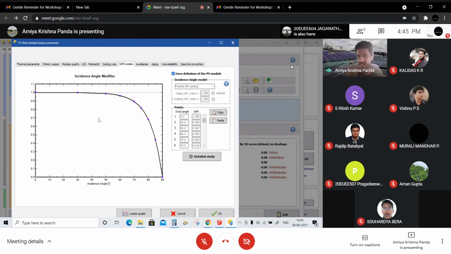That glass is reducing some amount of solar radiation. That is why it's called the incident angle modifier, and it depends on how you place your module or your cell. So this thing can increase, right? This is called the IAM losses.